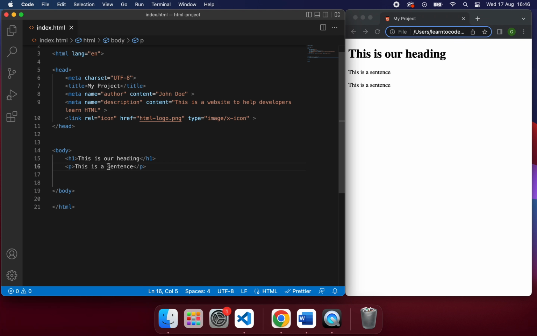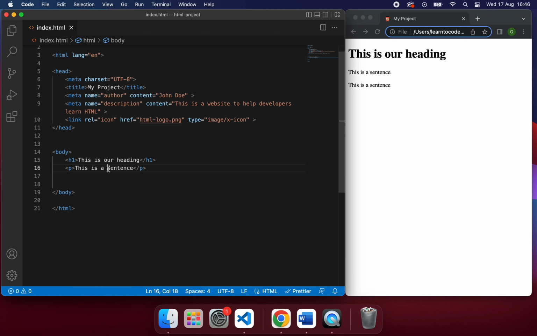Okay, so let's say we wanted to make this sentence here bold. So what we'd actually do is we can add an inline bold element. Now what this should do is this should put the word sentence in bold, but it shouldn't need to drop a line. Okay, so if we save that,